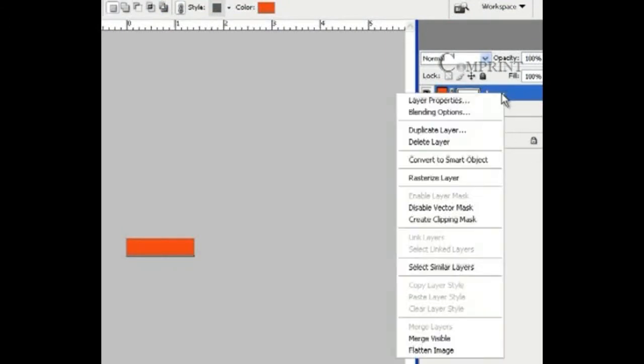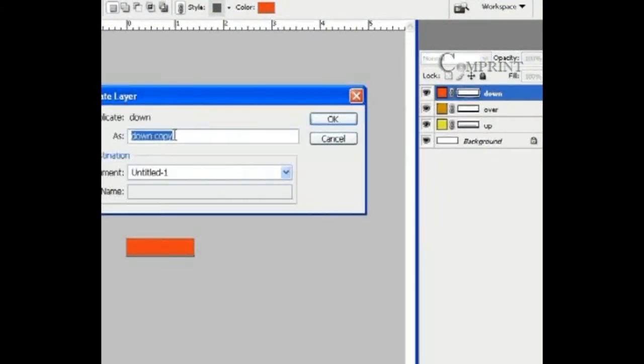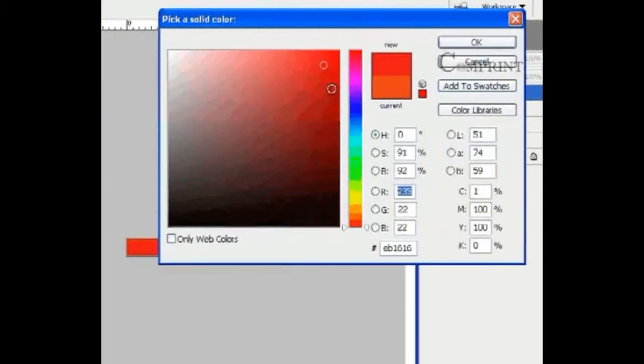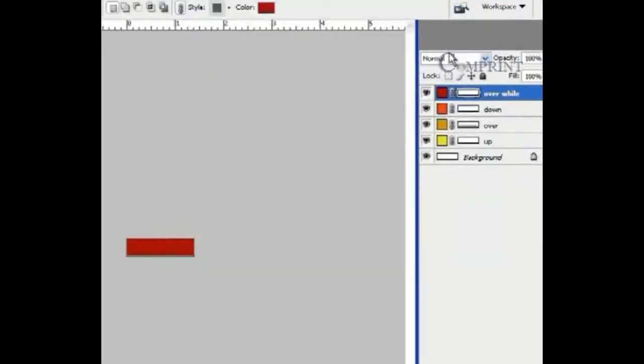Again duplicate the layer and name it as over while, and click on OK. Now set the color to dark red. In this way, we have created 4 layers, the rectangular shape in different colors.